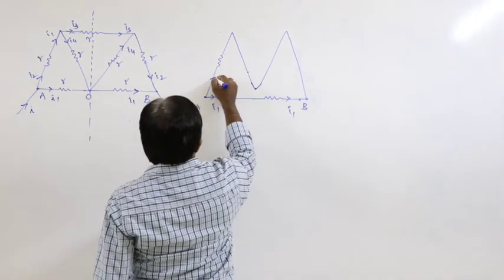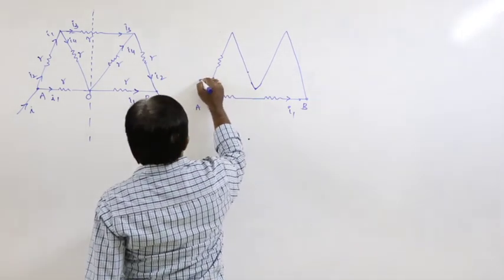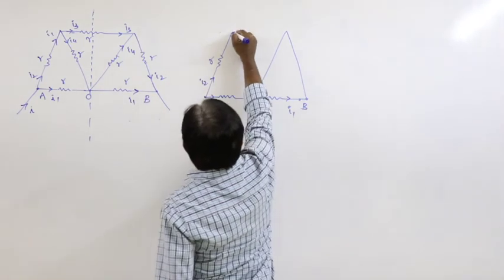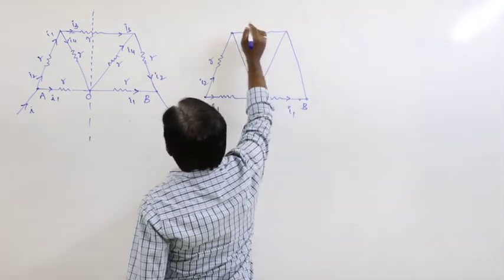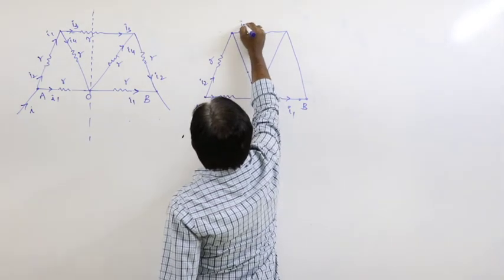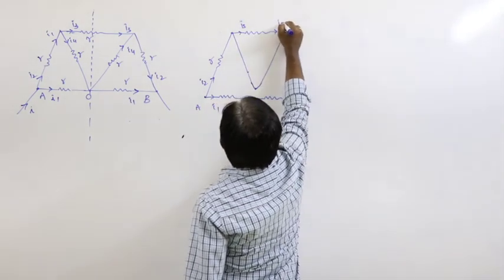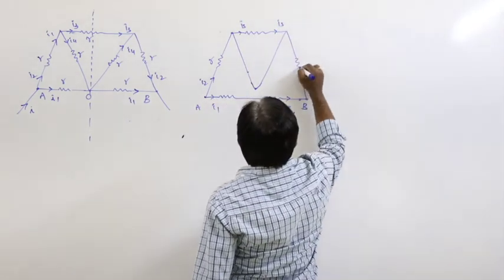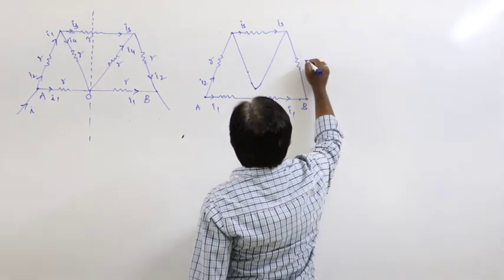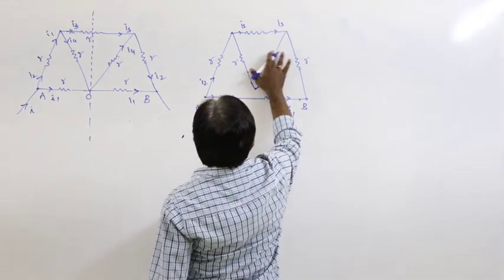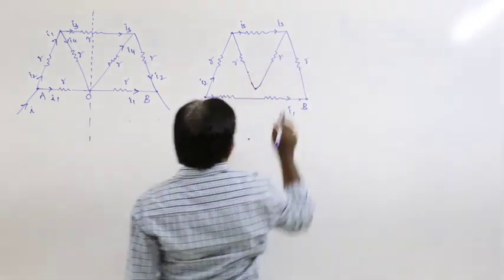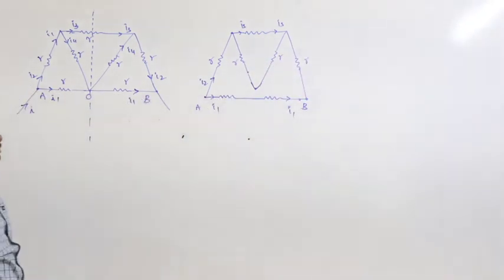So what is this? I2 and it is R. Here one more resistance we have, this is I3 and same amount of current, it is also I3, and here we have resistance R, and here this resistance is R, and here also the resistance is R. So that is the situation. This is the simplified circuit.